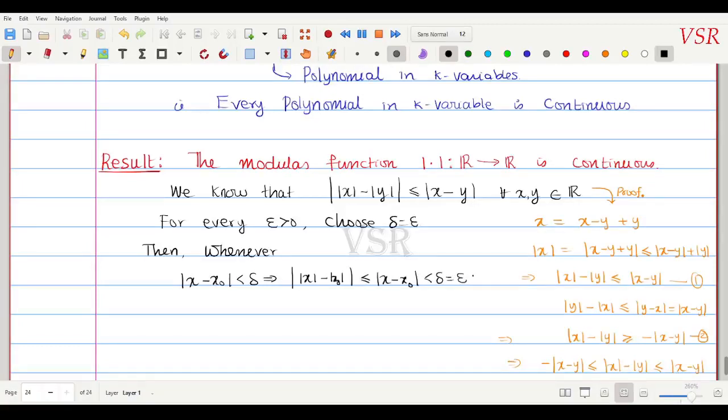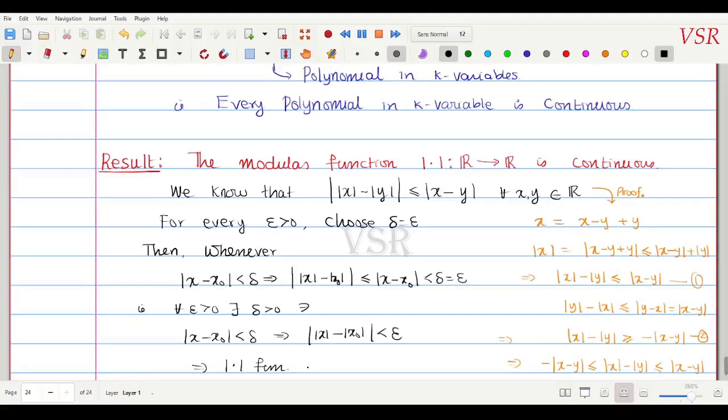That is, for every epsilon positive there is a delta positive such that whenever modulus of x minus x naught is less than delta, this would imply that modulus of mod x minus mod x naught is less than epsilon. Okay, this implies that the mod function